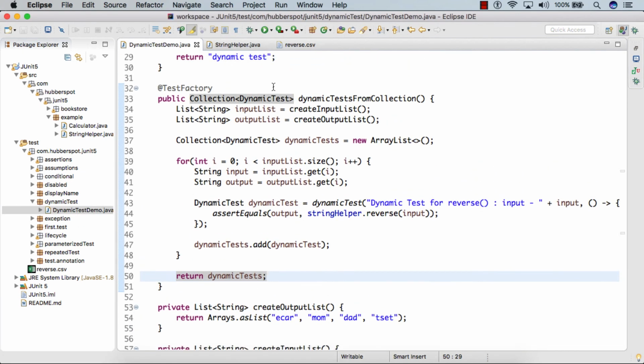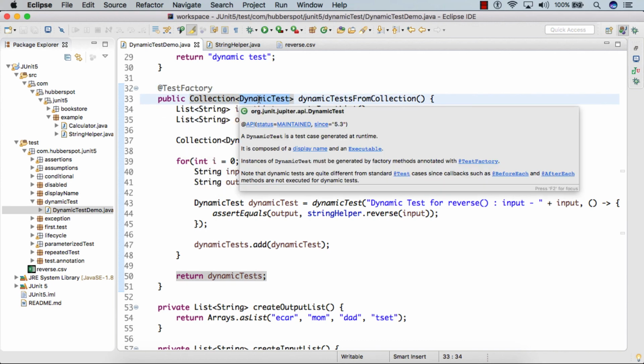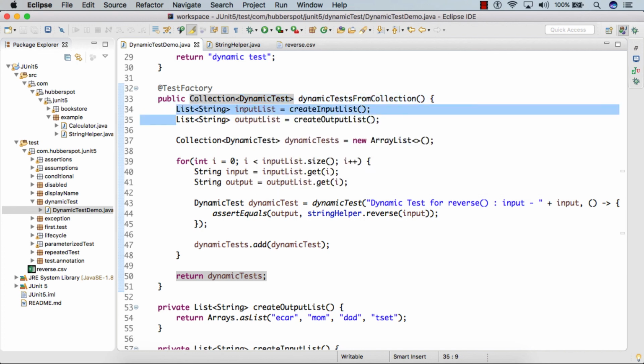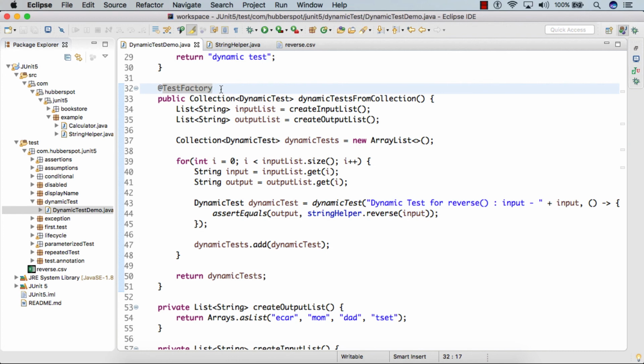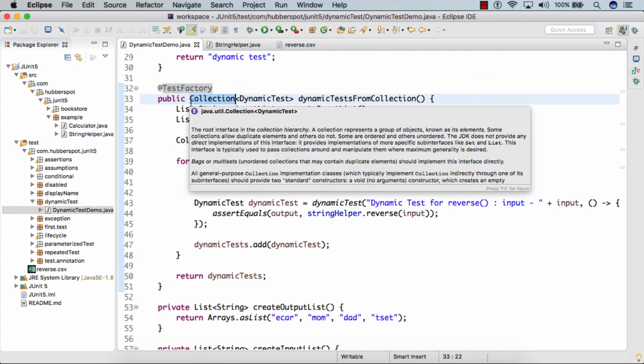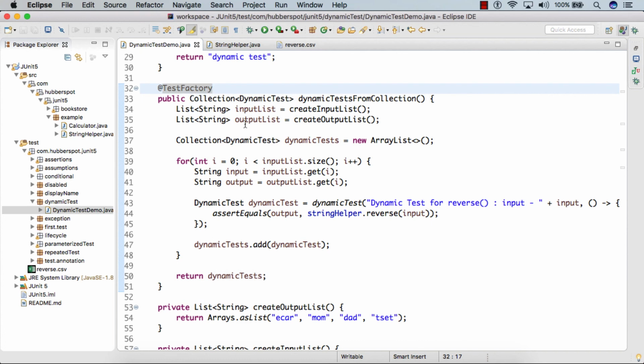So friend, this was the dynamic test demonstrating how we can return a collection of dynamic tests, and we saw how we can implement a proper dynamic test. In our upcoming lecture, we'll see other types of collections which can help us in creating dynamic tests. I hope you like this video. Thanks, have a nice day.